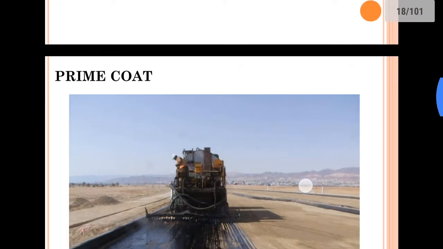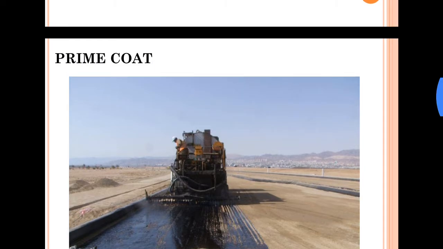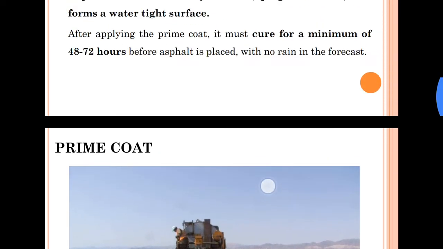So what happens is, we apply this prime coat on top of an aggregate layer, a layer which does not consist or does not possess any bituminous binder in it. Okay, if we provide a bituminous layer over the non-bituminous layer, then there are chances that the bitumen might flow into the aggregates or the non-bituminous layer which is having voids. So this will cause a loss of bitumen. Okay, the binder would get reduced. If the binder gets reduced, then there are chances of fatigue, deformation.